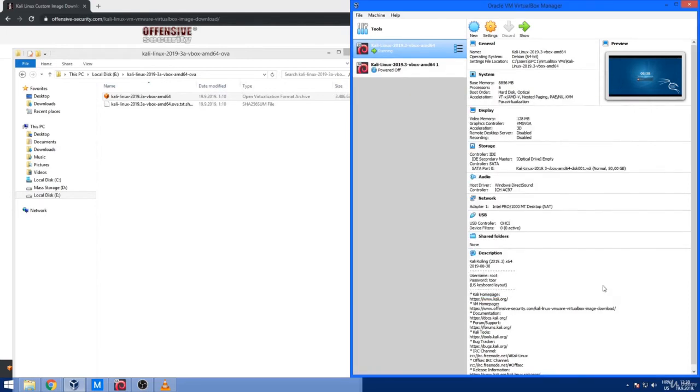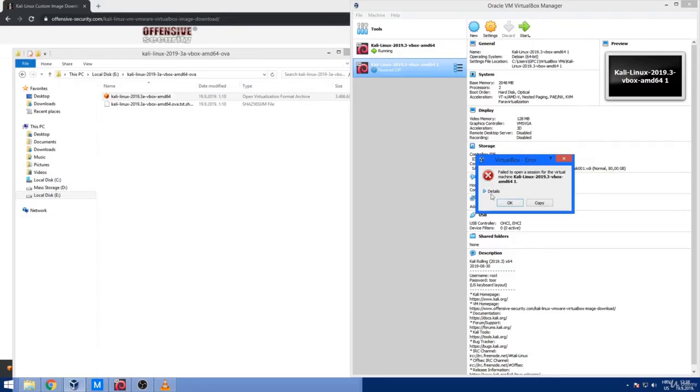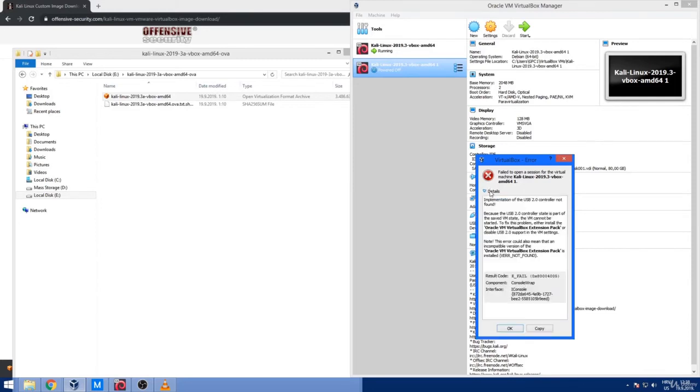When the import or installation of the virtual machine is finished, just select it and then press the green arrow button, which is labeled as Start. And here we have an error, which is USB 2.0 controller not found, and luckily for us, it's easily solvable. In the error dump, we can see that VirtualBox is missing an extension pack or plugin that is used to support USB 2.0. It is USB pass-through to our virtual machine, but in this case, you are not going to